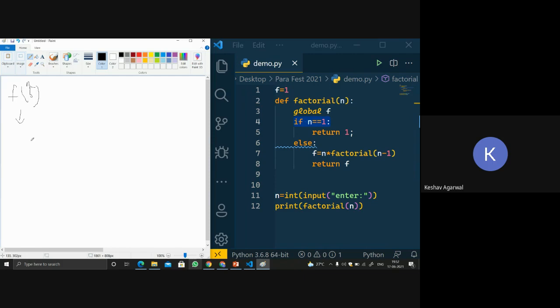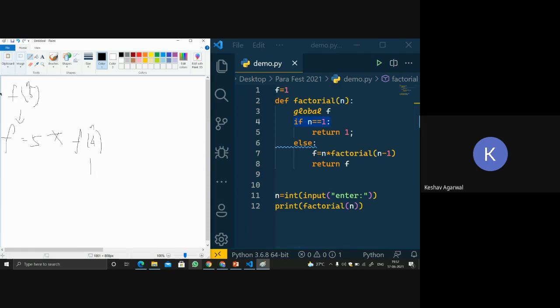So what will it do? f is equal to n, that is 5 into factorial of n minus 1, that means f of 4. So we are calling the function f4. Now over here the n value is 4.